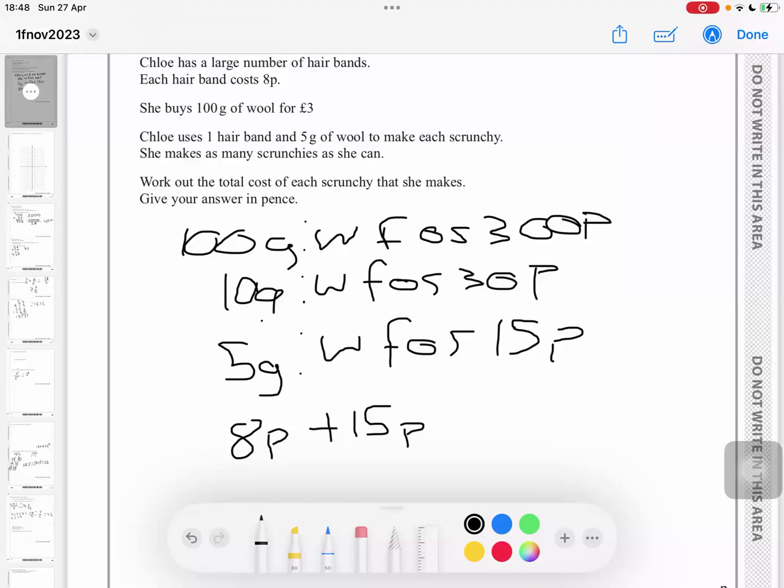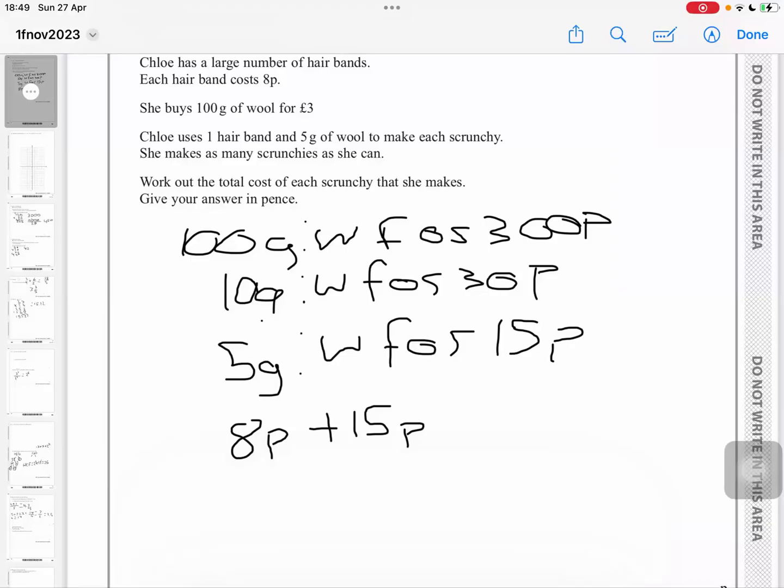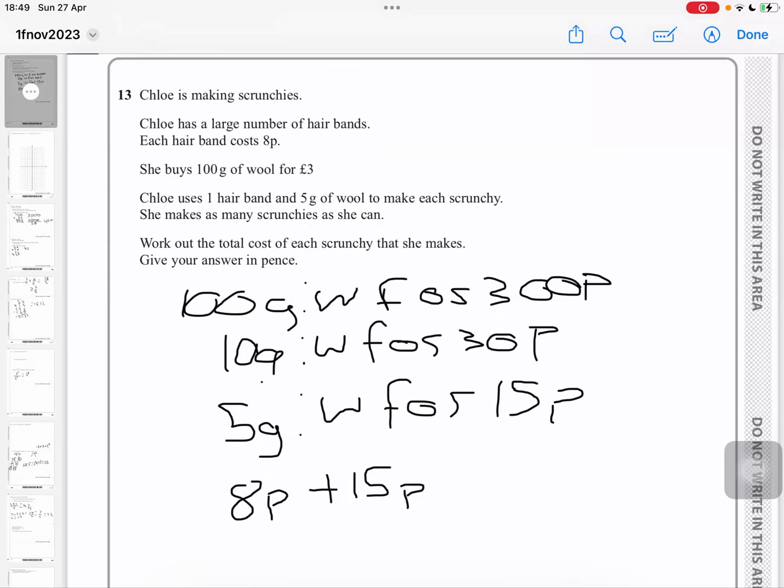So if she could get 20 from 100, and each hairband costs 8 pence, she would also need 20 hairbands to work out 20 parts of wool. So that's 20 times 8, that's 160. 160 plus 300 would give me